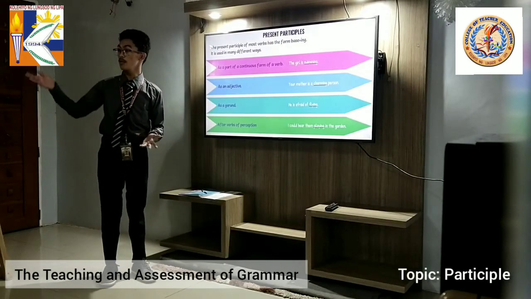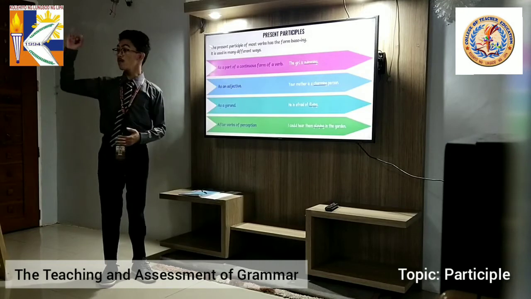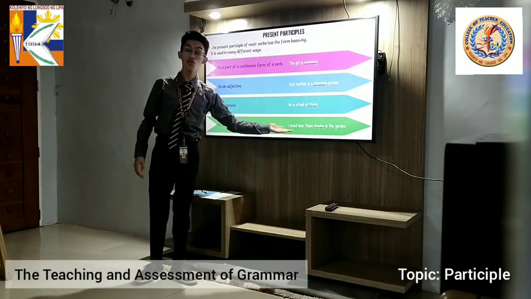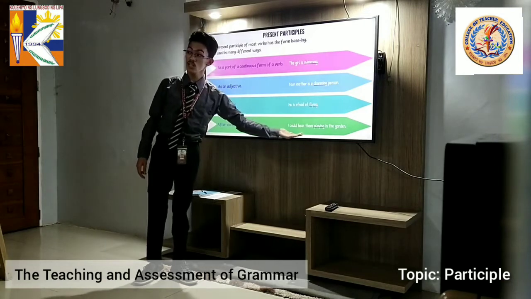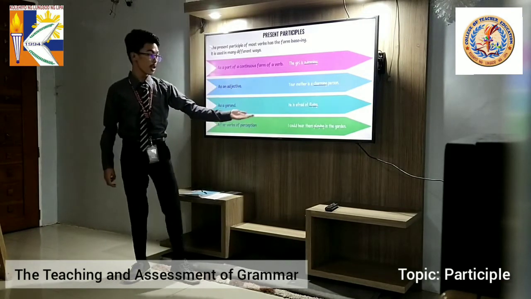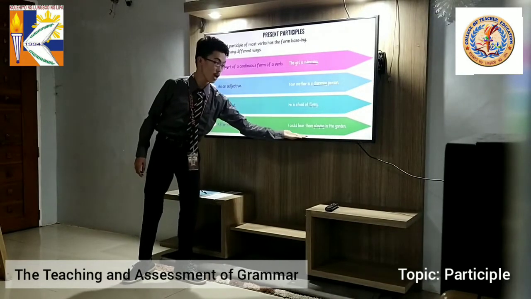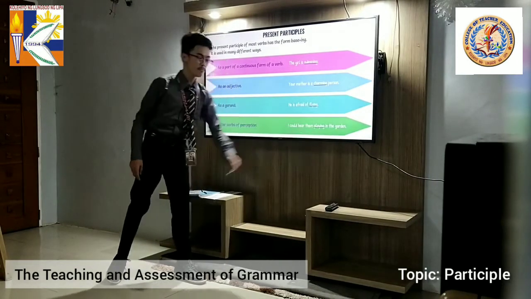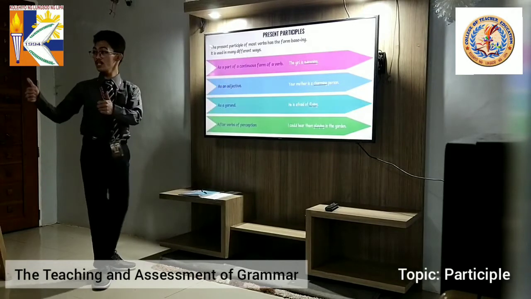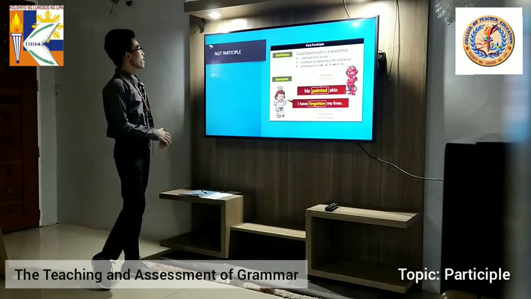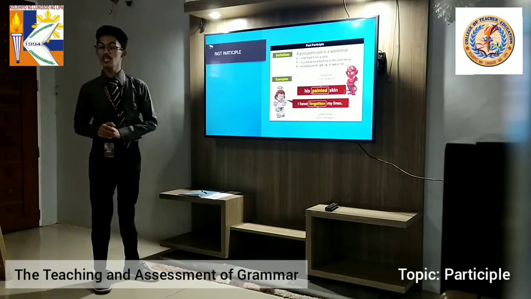So we have different verbs of perception. We have here sight, touch, and smell. So in our example here, I could hear them playing in the garden. We have here the word hear, which is the verb of perception, and after that we have the word playing. Okay, very good. You seem to easily understand the topic for today. Do you have any questions? Okay, now let's move on to past participle.